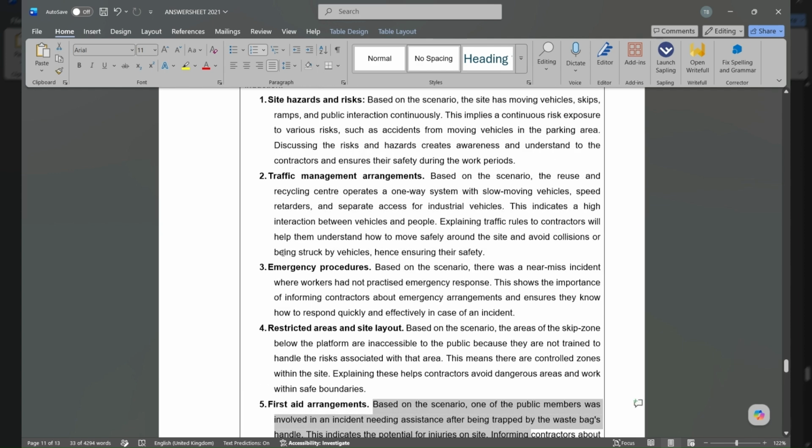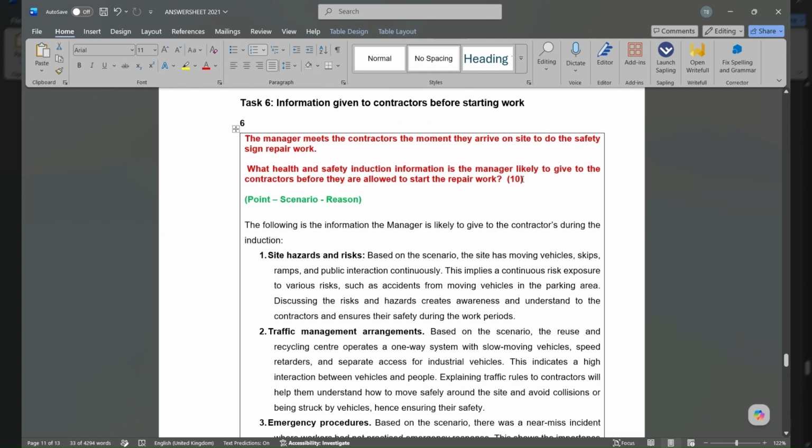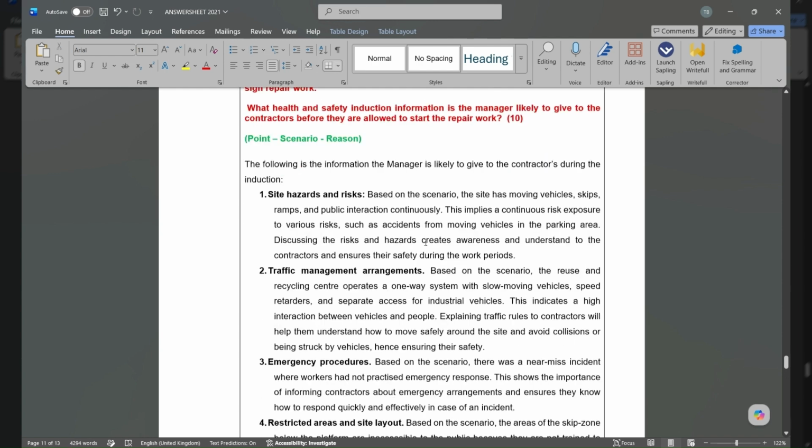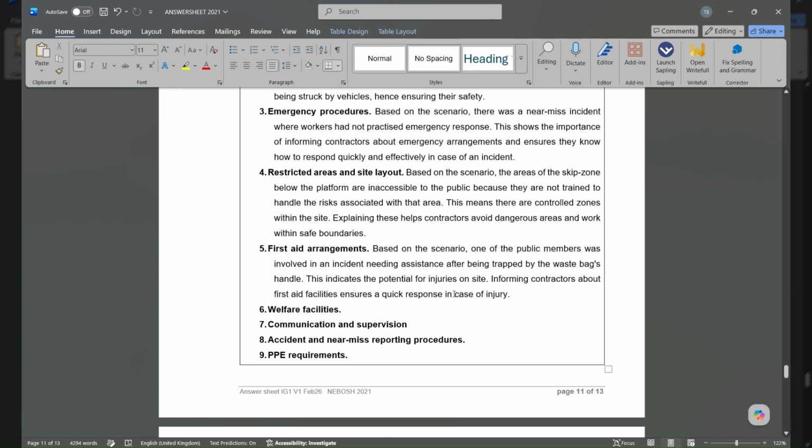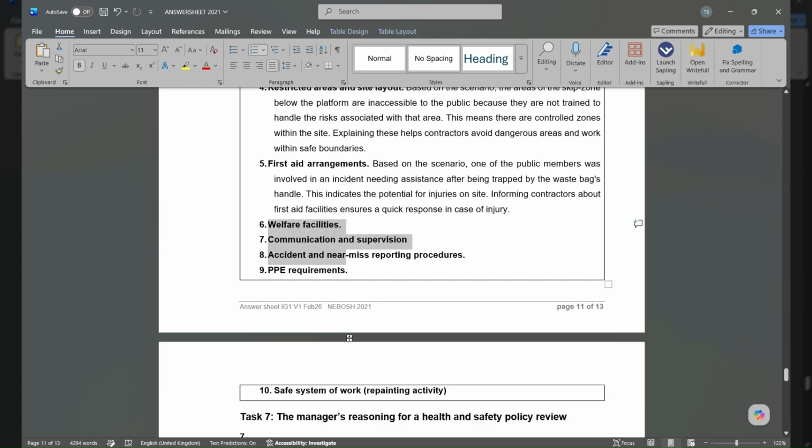This question requires you to give 10 points because it's giving 10 marks. I've given you 5 complete points, but also given you a further 5 points that I need you to work upon and explain them like how I've done so that you can be able to train prior to your examination.